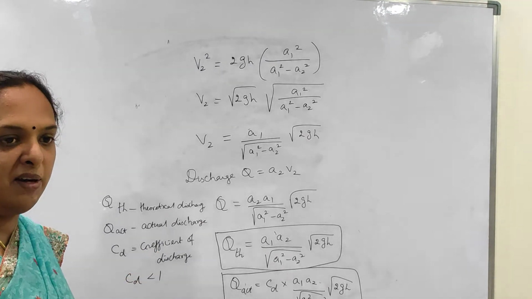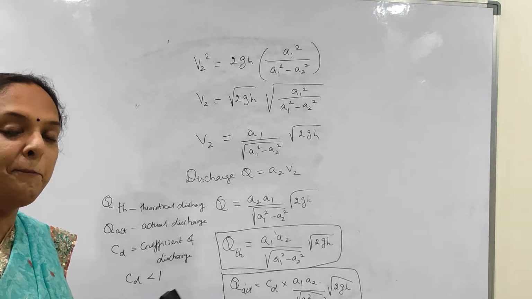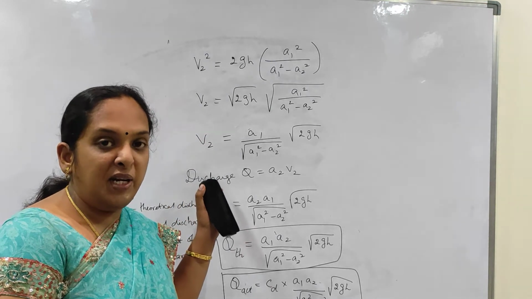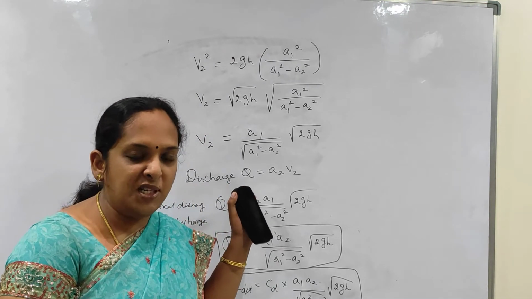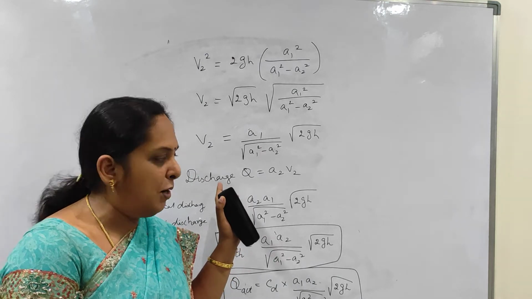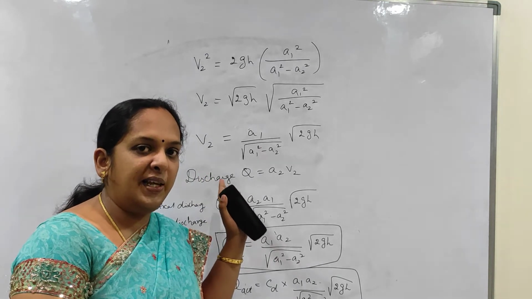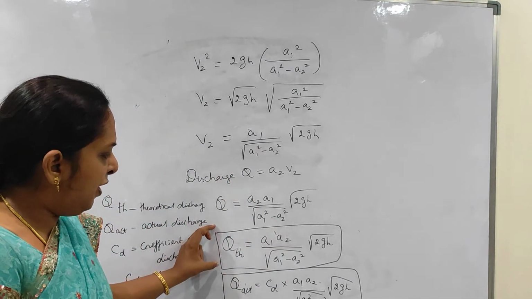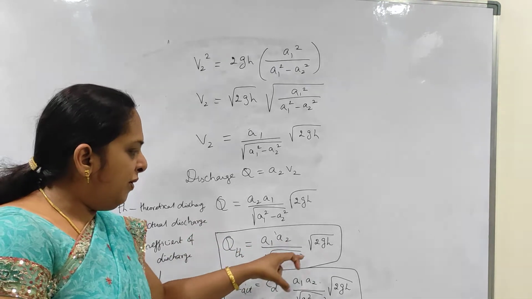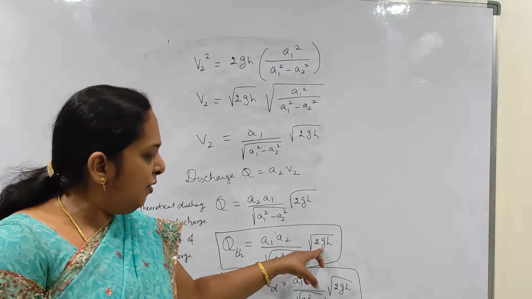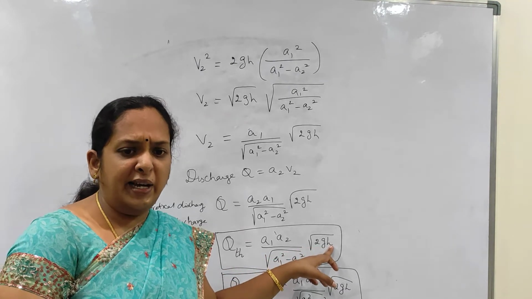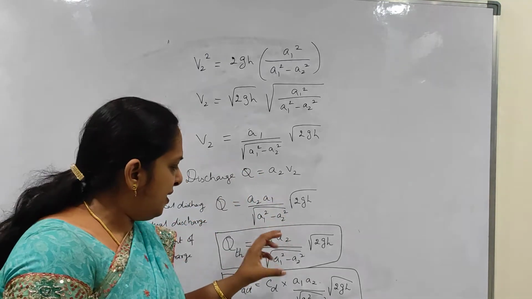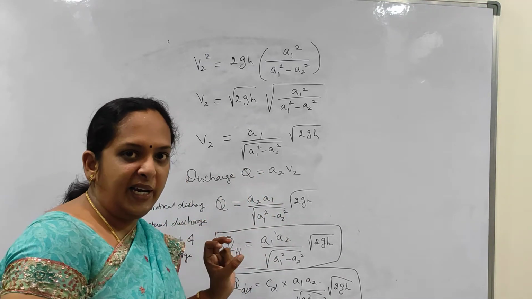Okay, so far what we have seen? We have seen the application of Bernoulli's equation and the three measuring devices that use this principle, and under that we have seen the Venturi meter as well as its derivation. So we know the area of the pipe, and the acceleration due to gravity is constant. We can know the head also. By using your manometer, we will be able to measure the pressure head. So easily we will be able to calculate the theoretical discharge.